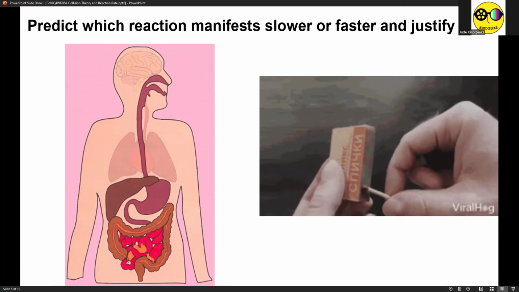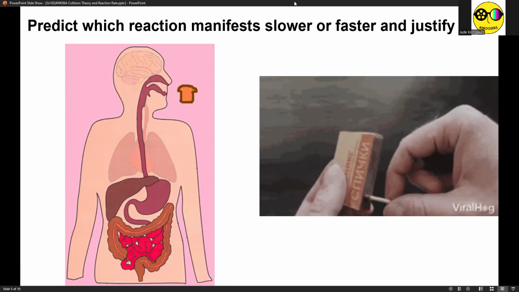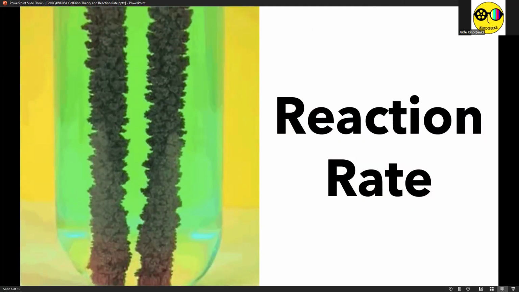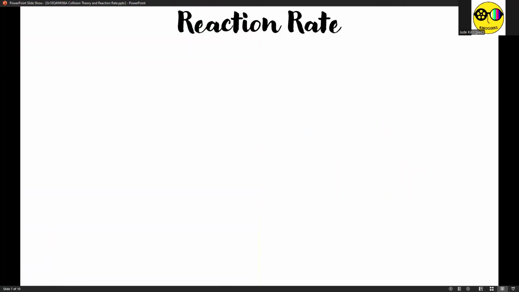So basically, from this slide, we can infer that there are some reactions that take too slow, and there are some reactions that take fast. Okay? And speaking of how slow or how rate a reaction occurs, no, that will be tackled under reaction rate. Qualitatively in reaction rate, we observe whether a reaction is slow or fast. Quantitatively, we compute reaction rate using the formula VF minus VI divided by TF minus TI.